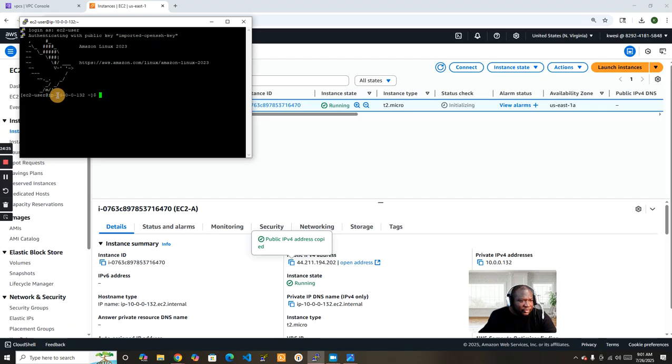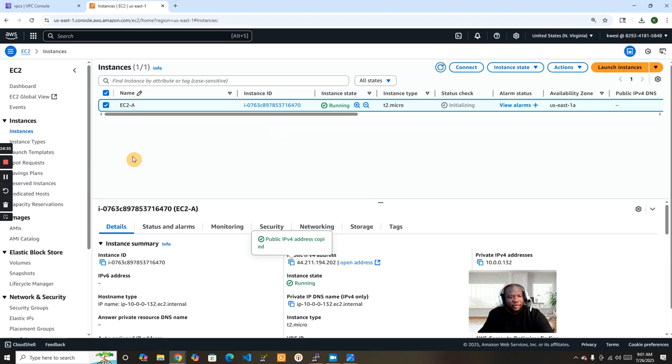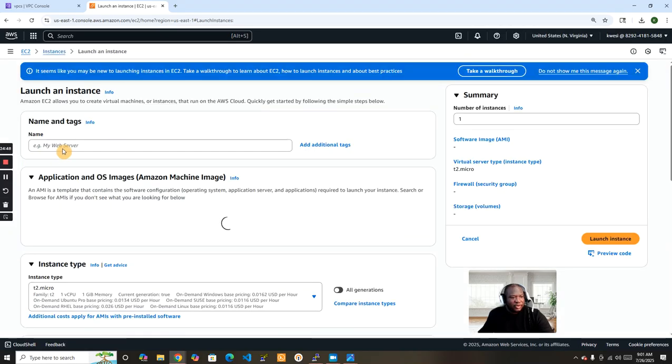And the private IP address was 10.0.0.132. So we are in there. We're going to see if we can SSH into the... Okay, so before we do, we have to create a private EC2 for the private subnet. So create